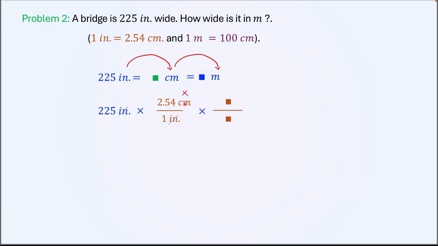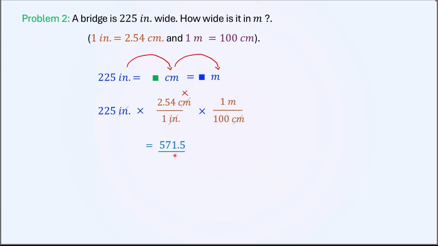Next we need to cancel out the centimeter, which is also in the numerator. To cancel that out, put the right-hand side with the unit centimeter in the denominator, and the left-hand side in the numerator. Now cancel out centimeter and centimeter. You now end up with the unit meter is equal to, multiply 225, 2.54 and 1. You get